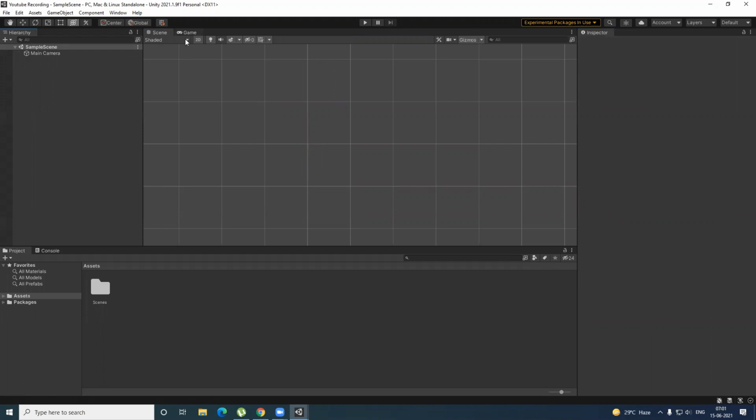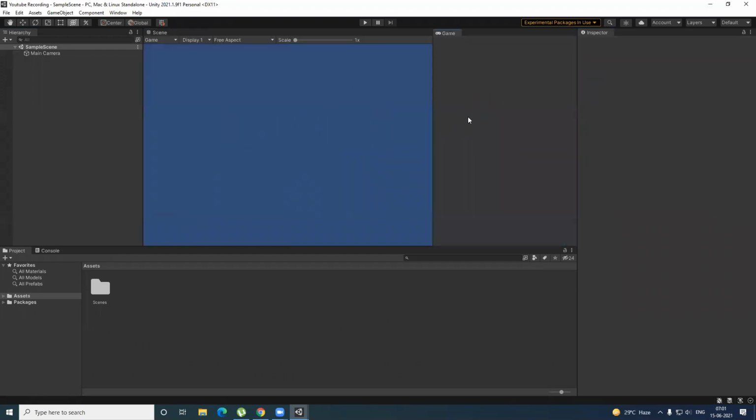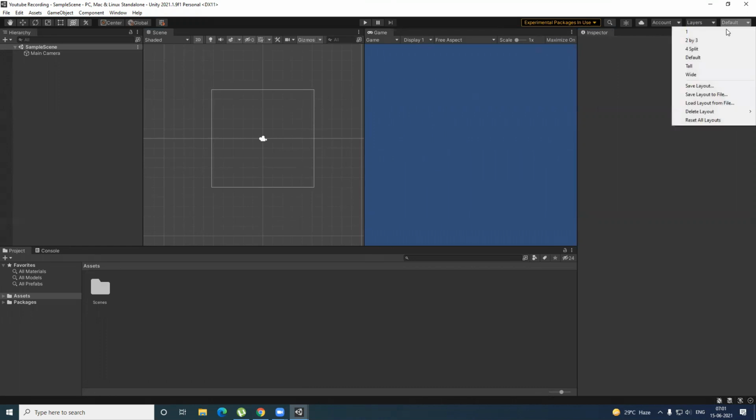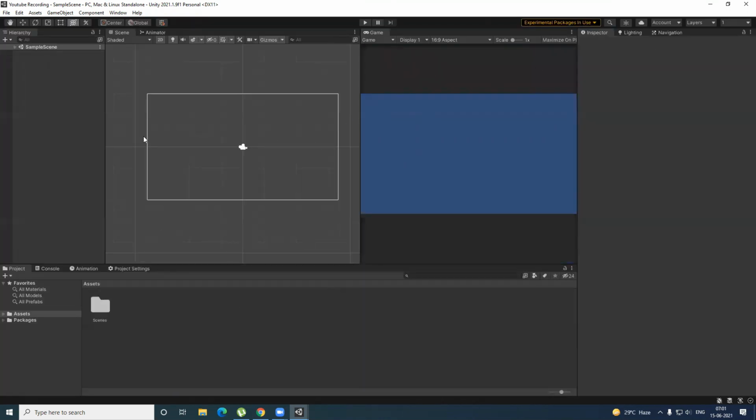Everything in Unity is draggable, snappable, and droppable. What I mean by that is, if I want the game and scene view to be side by side, I can just click on this, drag it out, and place it right beside my scene window. So now whatever work I'm doing on the scene window is visible on the game window. Similarly, the hierarchy can be dragged. This is the project, the console, the inspector. This is how I usually place my Unity when I work.